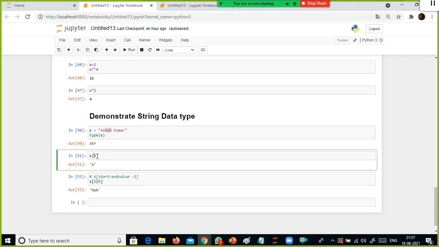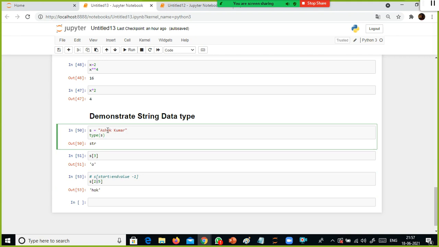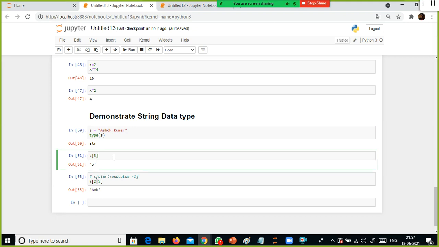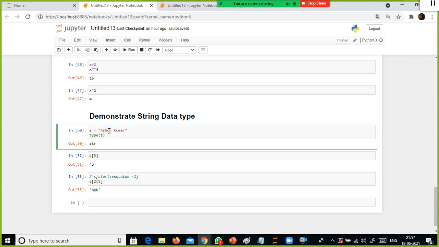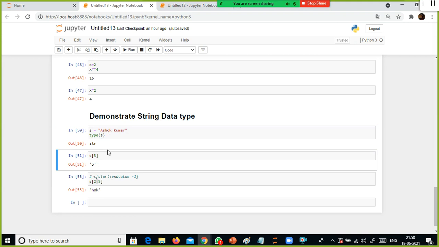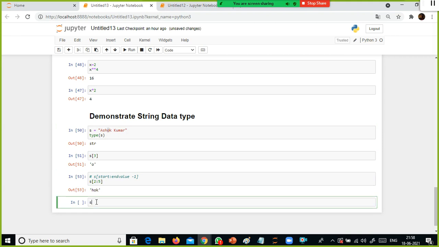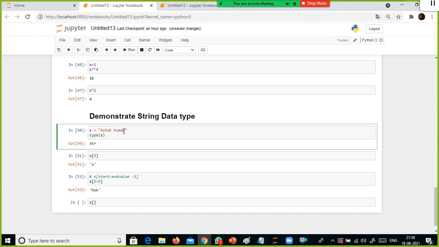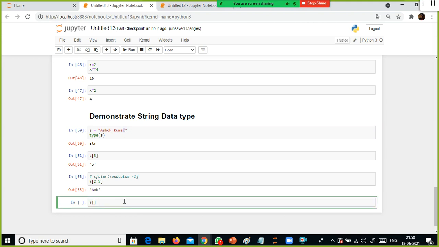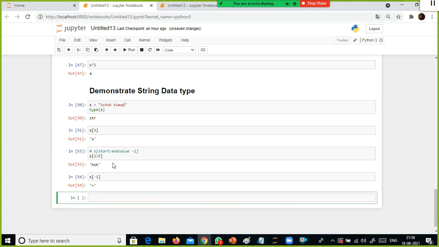But if you specify an individual value, for example, I want to select only the O in HO, 0, 1, 2, 3, because the index value starts from 0, the third location is where O is stored. If you want to fetch only this letter, you should know the index value. Or if you want to select a range of values, you can use the colon. For example, if I want to select only the last letter here, minus 1. If you specify minus 1, it gives me R.